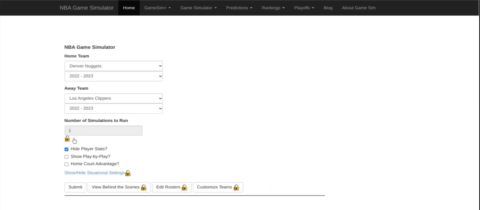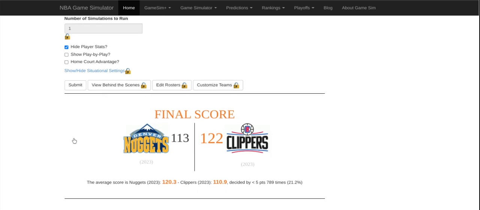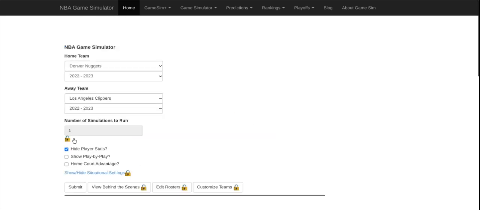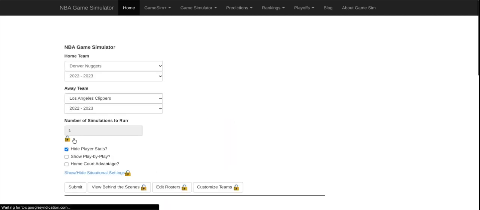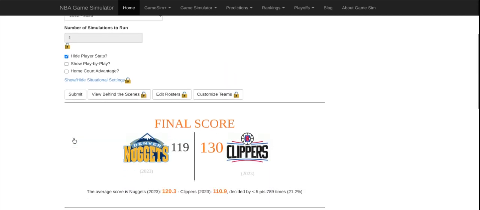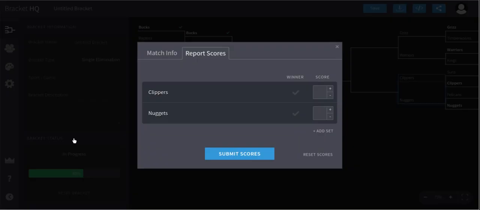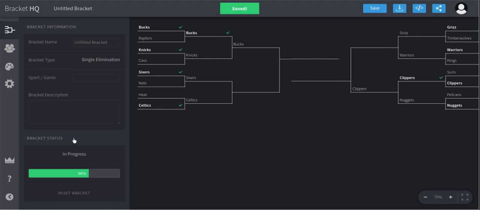The Denver Nuggets looking to bounce back after an embarrassing defeat, and they lose by 9. Nuggets here, must-win game, they lose by 20. The Clippers out 3-0, and the Clippers sweep the 1 seed and the favorite, in my opinion, in the West,